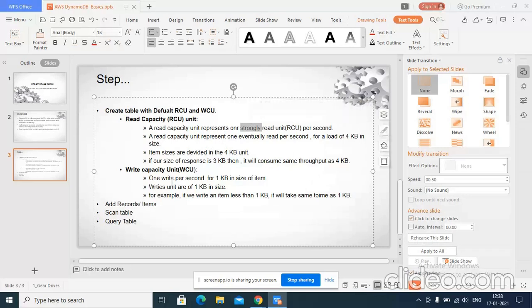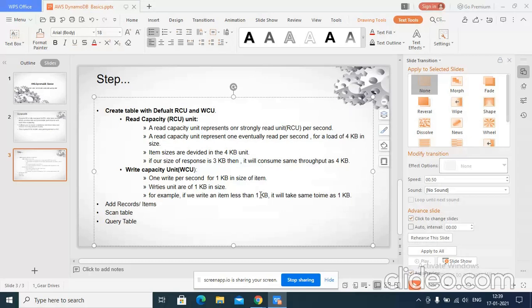In the same way, there is a write capacity unit. You can write data at 1 unit per second. Again, the same points apply: strongly and eventually. If it is strongly, this is 1 unit per second. If it is eventually, it will be around double this. I have given one scenario: suppose your unit is divided in 1 KB.